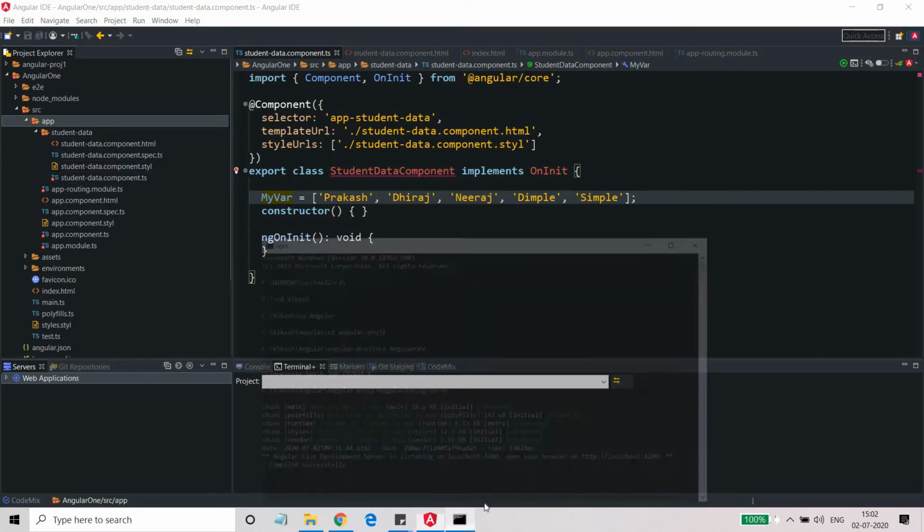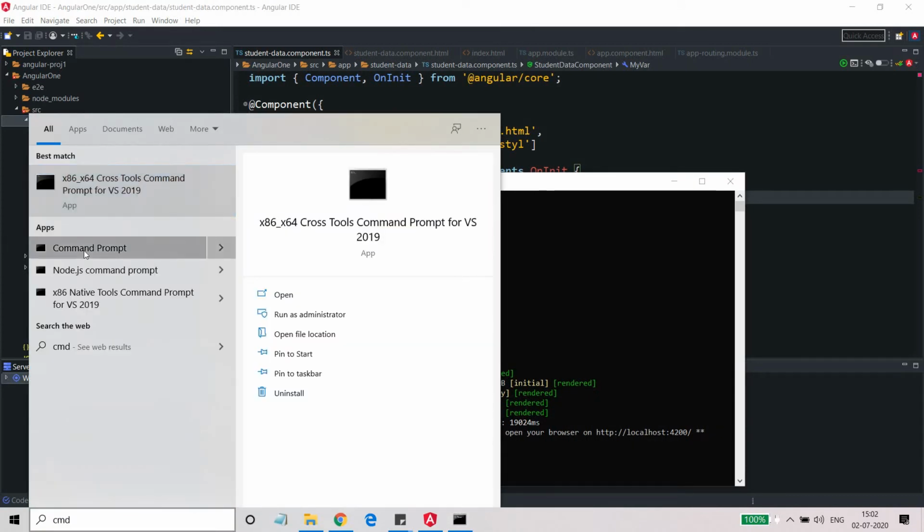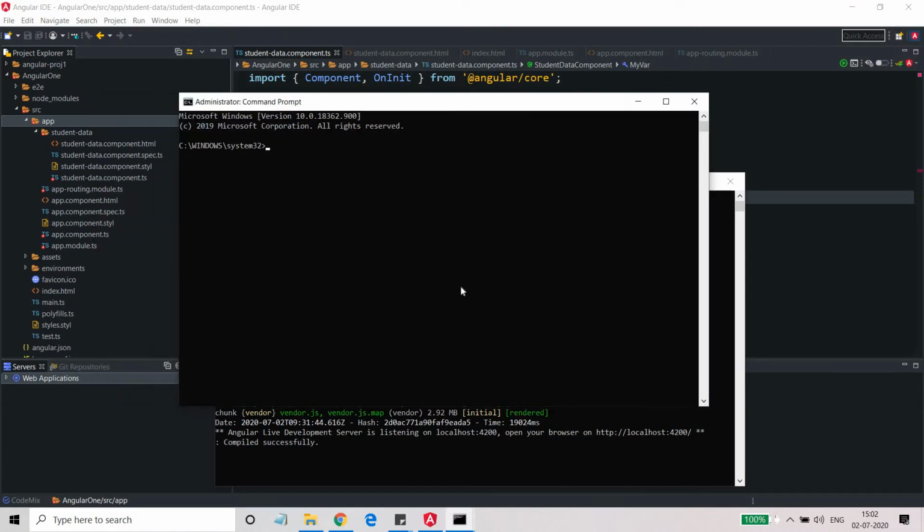We just need to go to the same command prompt, open it in administrative mode, and go to the same path where our project is available. Here I'm going to generate a new class and the name is student.